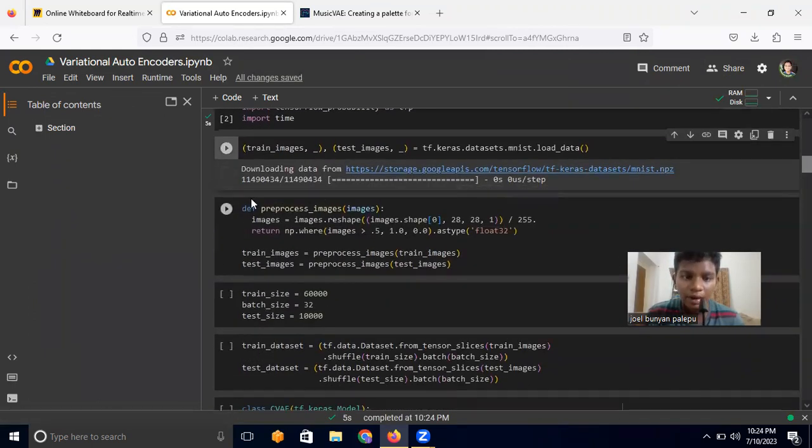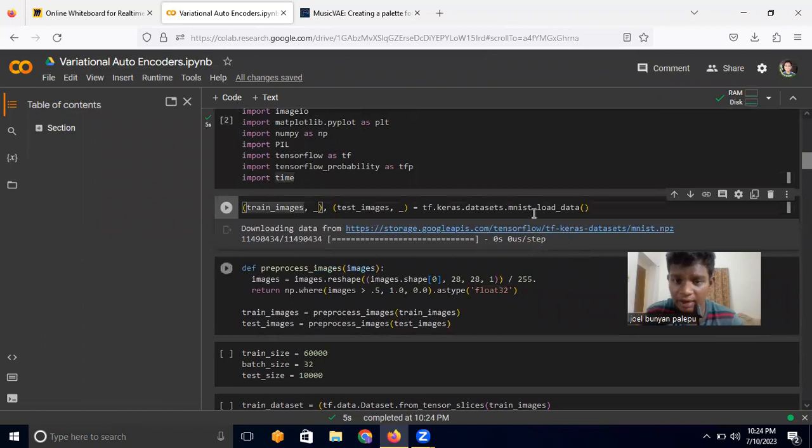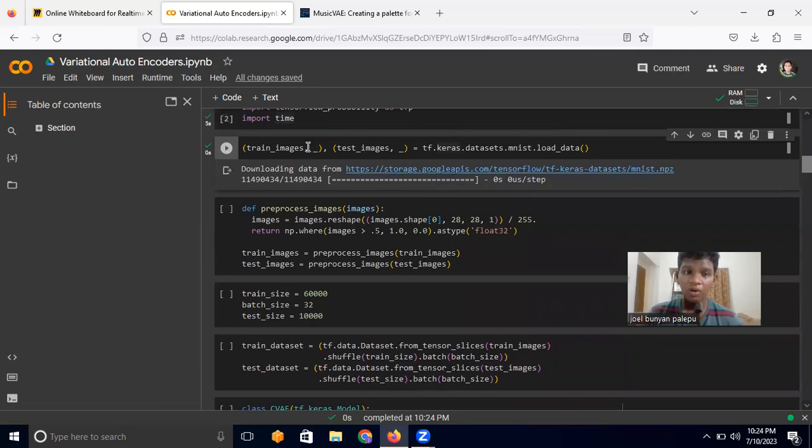Now I'll download the data. I'll load the MNIST data. Here we are using the MNIST data to build our variational autoencoder. We'll only be taking the training images and test images, because we don't need the labels, since we are not solving the problem of image classification. So I'm going to extract the train images and test images from the MNIST dataset using this line of code,